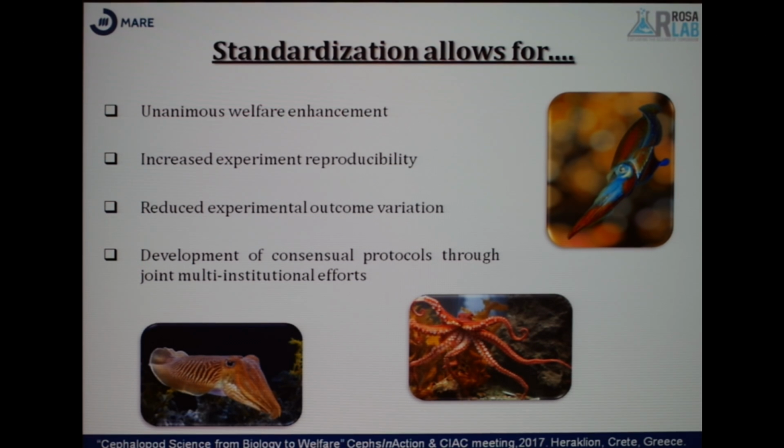Lastly, I believe that this should be a development of consensual protocol papers. There shouldn't be any unilateral perspectives just presented. It should be a joint effort through multi-collaborations and multi-institutions,